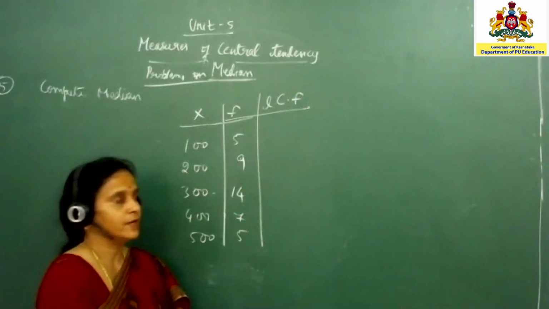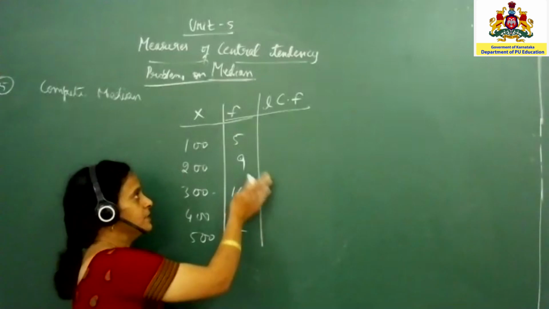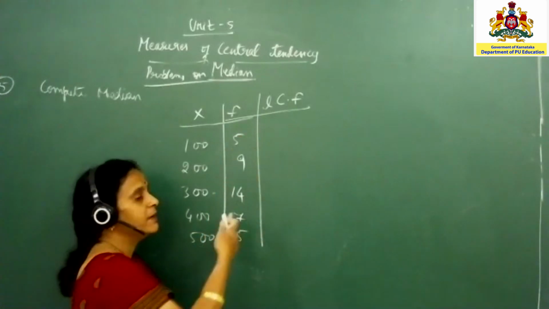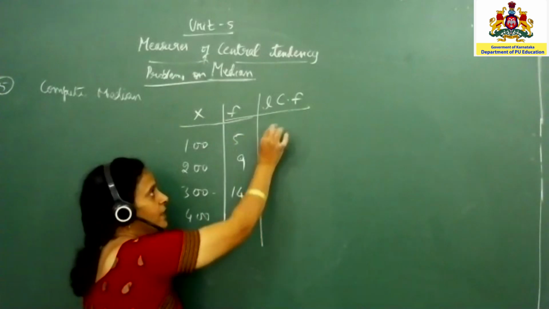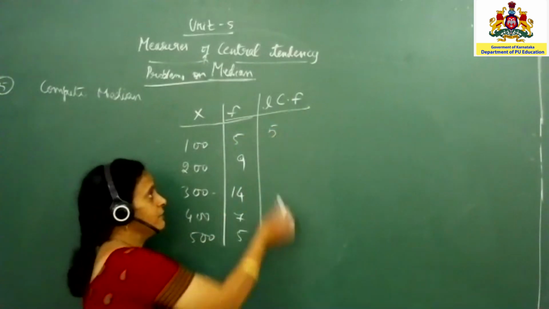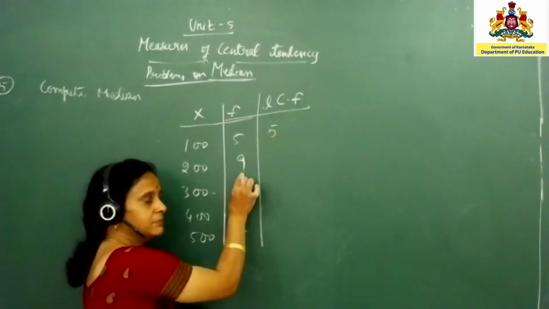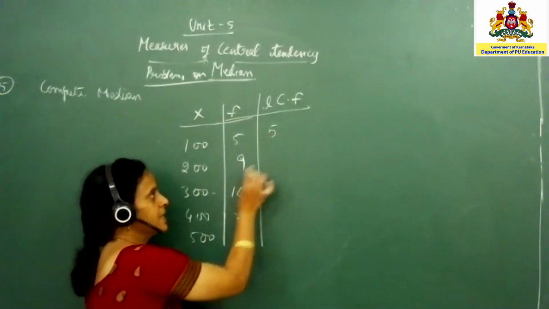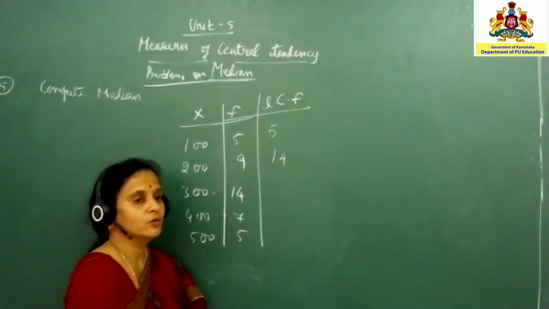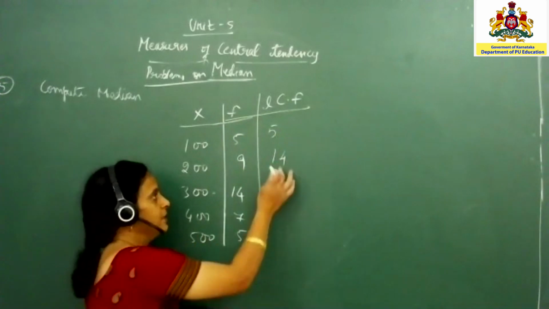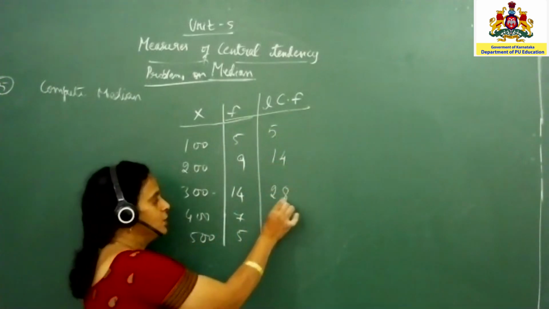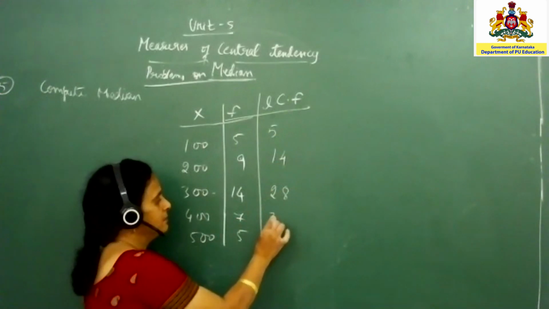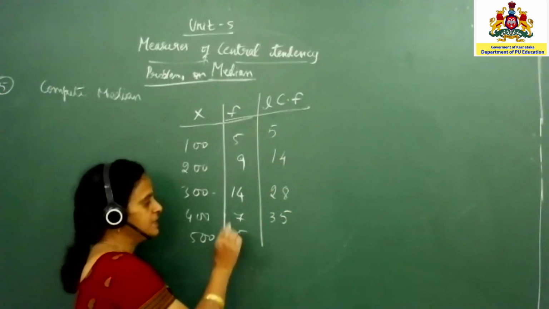Anyway, that's fine. To get the cumulative frequencies, I have to go on adding up the successive frequencies one by one. So the first frequency is 5. I will take 5. For the next frequency, I add 5 with the next number, so 5 plus 9. I am getting 14. So 14 is the second cumulative frequency. Next 14 plus 14, it is 28. 28 plus 7, it is 35. 35 plus 1, it is